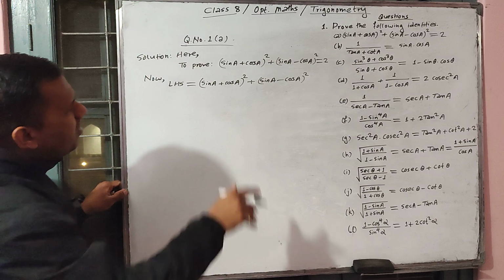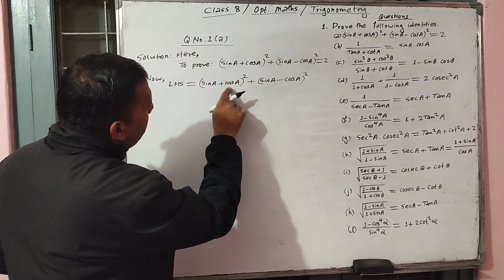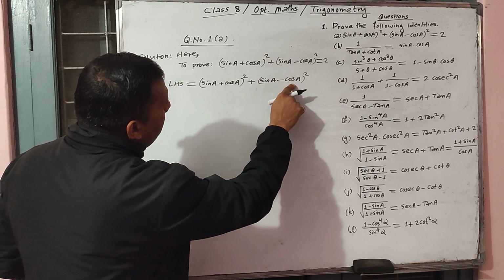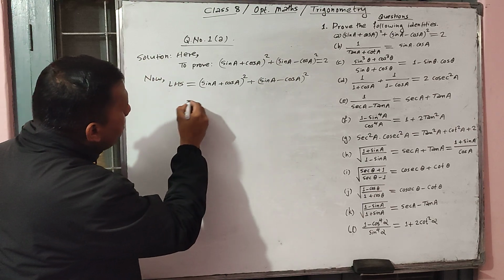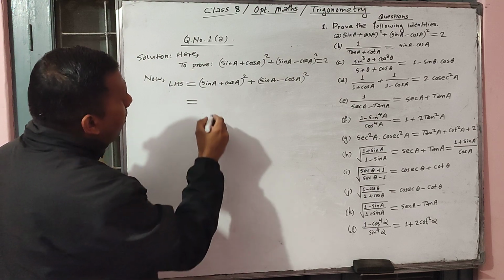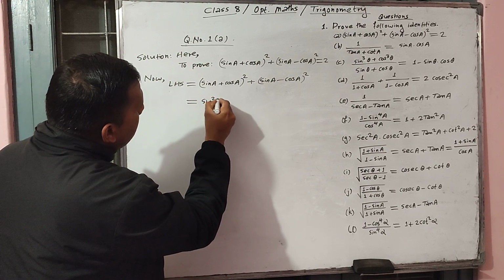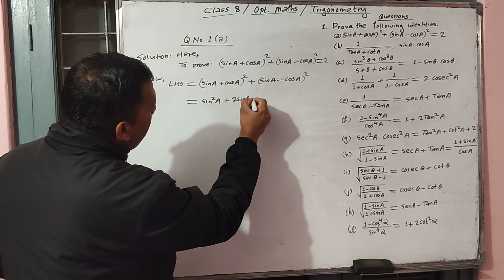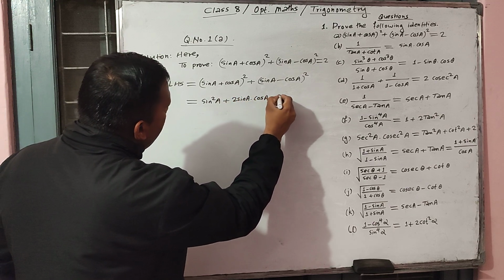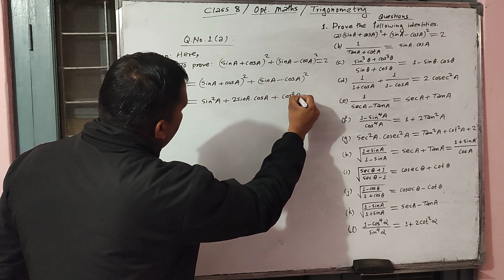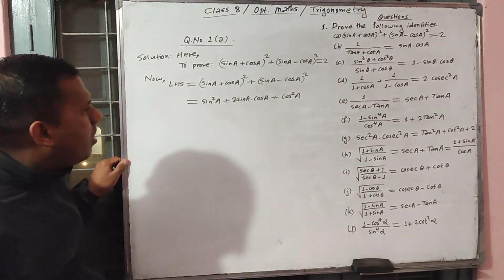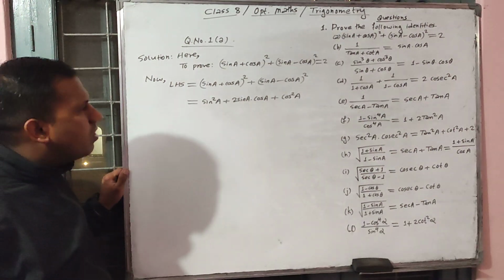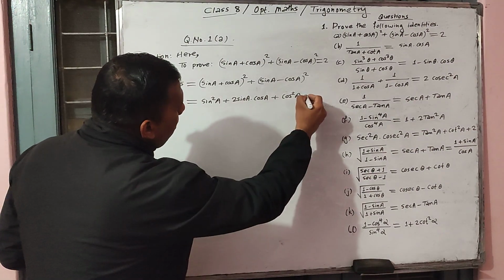Okay, students, this first part is in the form of A plus B whole square, and the second part is in the form of A minus B whole square. So, using the formula, we can write sin square A plus 2 sin A cos A plus cos square A, by using the formula of A plus B whole square equal to A square plus 2AB plus B square, plus,